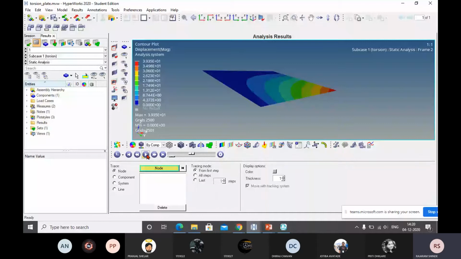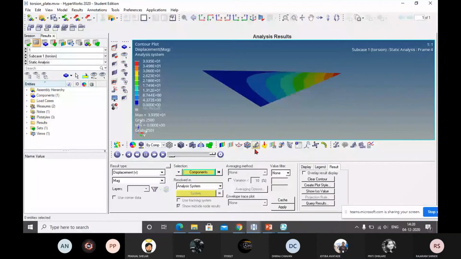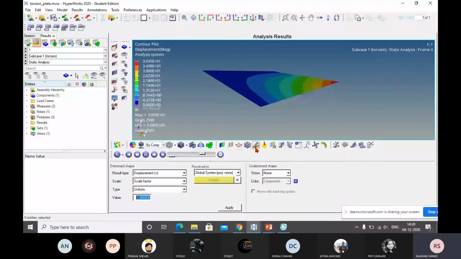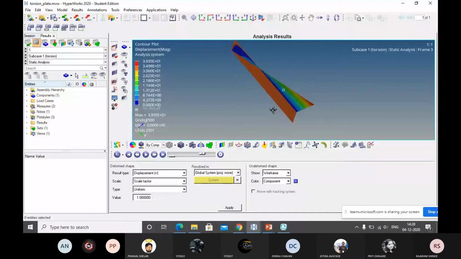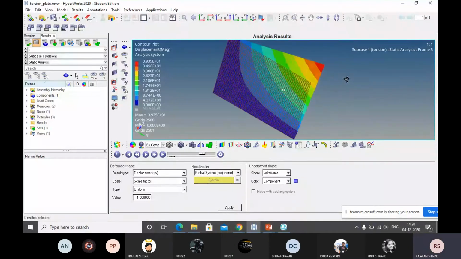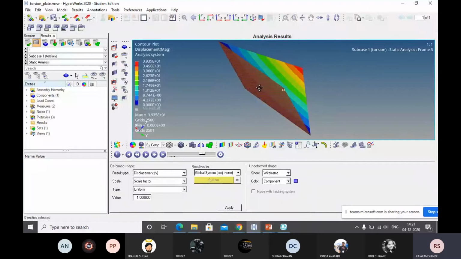Okay, I will see the animation. You can see here this animation. Now I will stop this. You see this deformation. I will make it in wireframe mode. You can see here this much deformation you will get here. This wireframe is your original plate, and it is going to deform from here to here. Okay, this is the deformation.